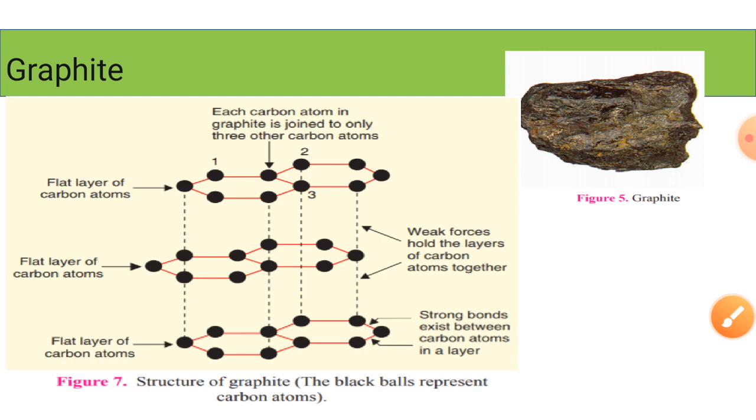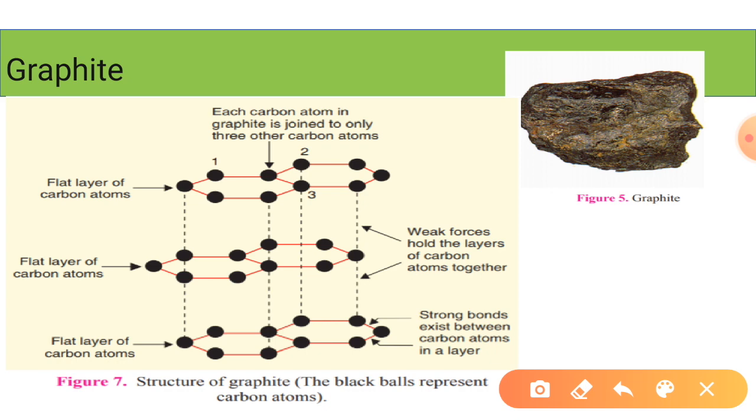Alright, so let's discuss the next thing. Now, the next thing on your screen is graphite. We will discuss the general properties first. It is a grayish black opaque substance. It is lighter than diamond, smooth and slippery to touch. It is a good conductor of electricity, but why? Because of the presence of free electrons, which I will explain later. Though it is a good conductor of electricity, it is a bad conductor of heat.